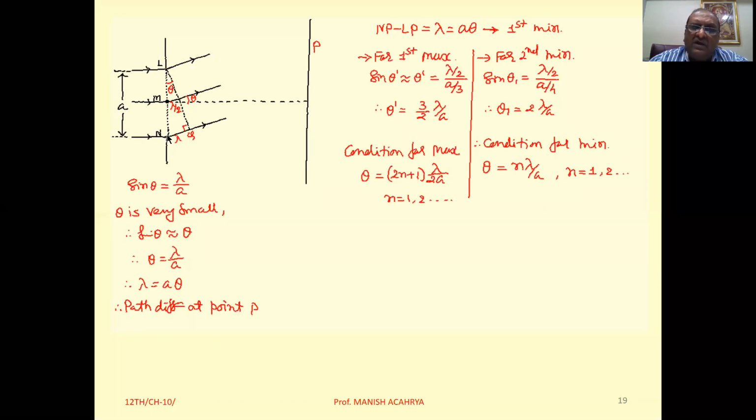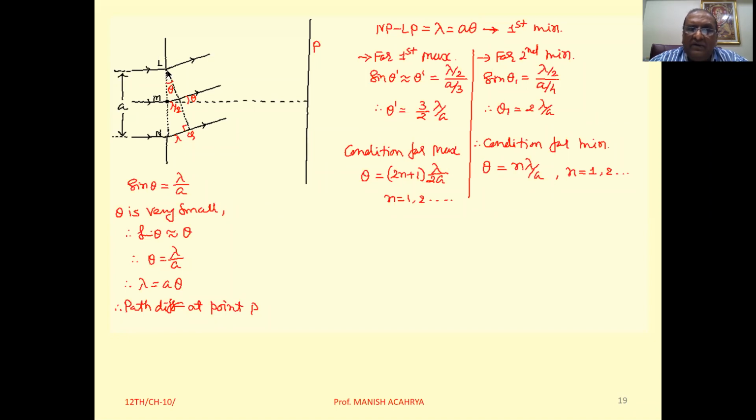For the wave coming out from N and L, the resultant path difference will be of the order of lambda. That happens because the waves diffracted from M and N must also have a path difference of lambda by 2, and that is possible only if this is lambda by 2, then this becomes lambda. Okay, so now from the figure we can write sin theta equal to opposite lambda